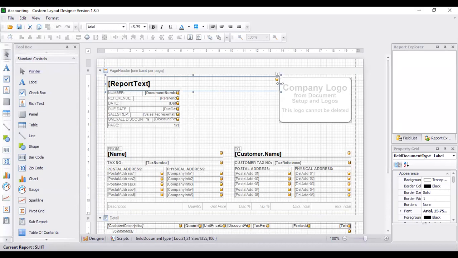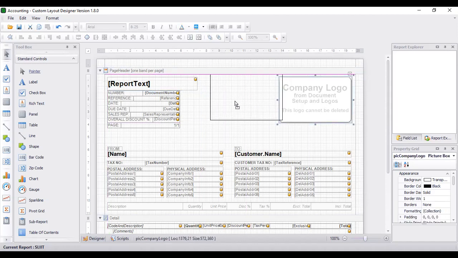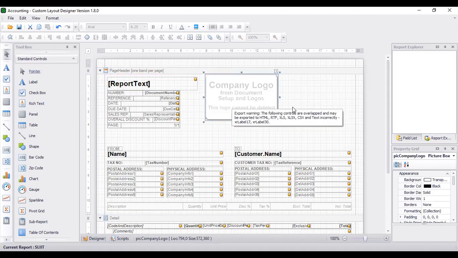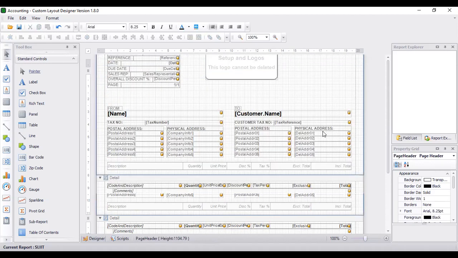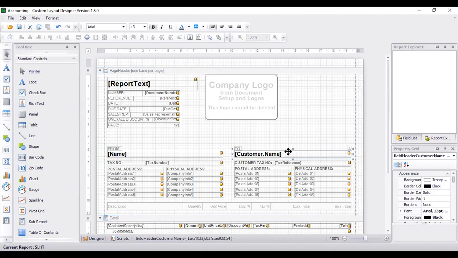Okay. If you want, you can increase or decrease this label size, and if you want to move your company logo to the middle, you can change that. Then if you want to change your font size or font style and colors, you can change from here. Click this label, and from font,